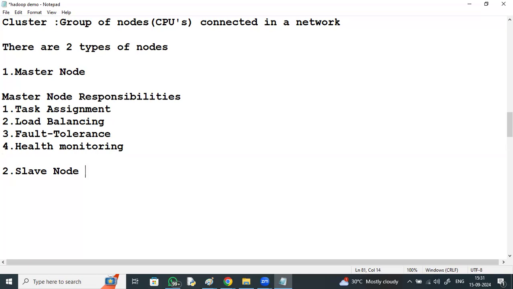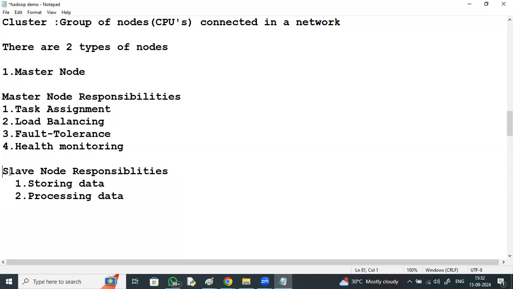Slave node responsibilities: first, storing the data, and secondly, processing the data.